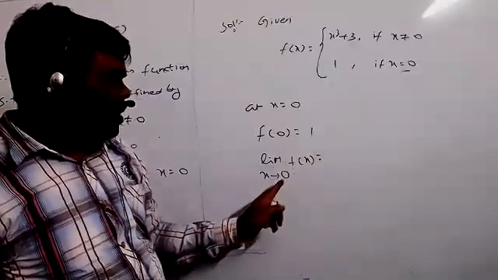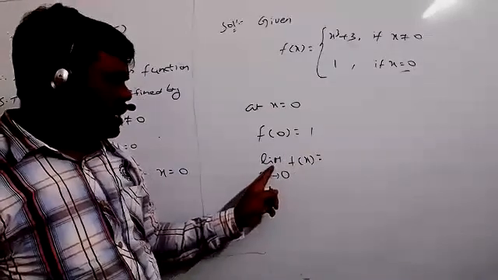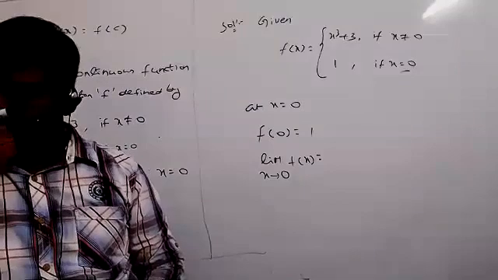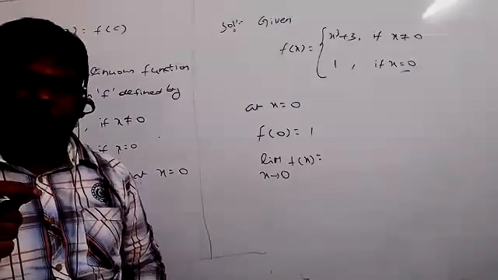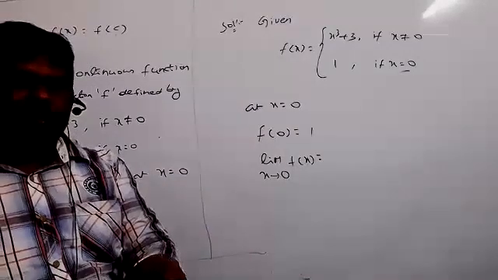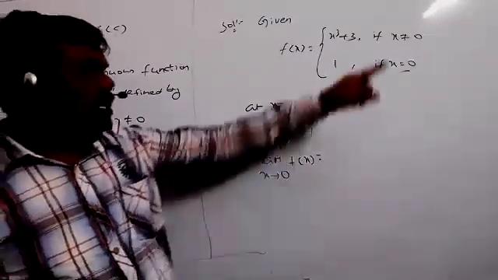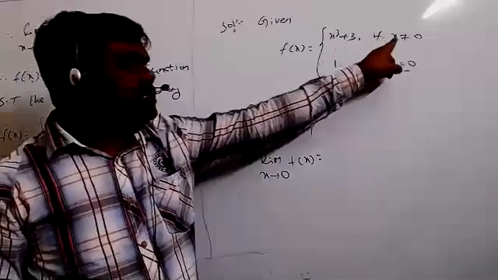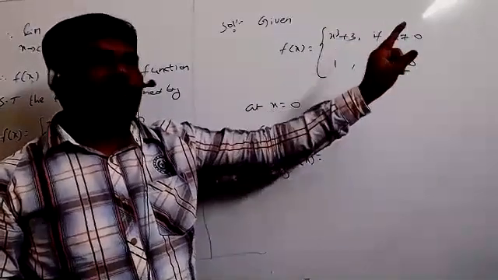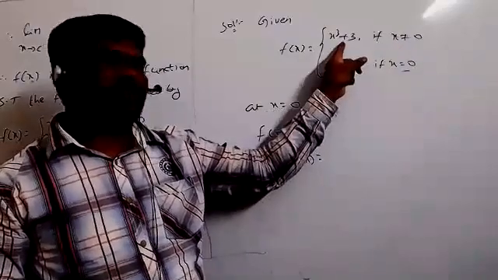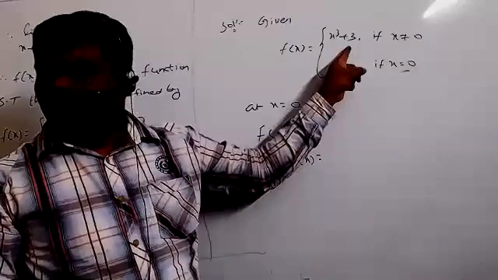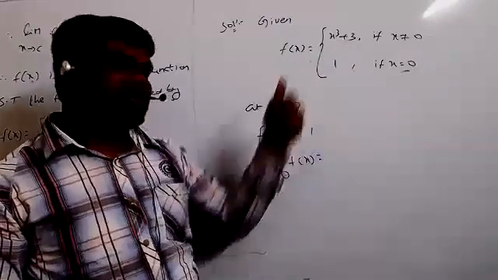But coming to this condition, generally if you take the limit, what is the meaning of limit? LHL and RHL we have to find. But if you take the left hand limit, that means less than 0 also we will get this condition, because x not equal to 0. If x not equal to 0 means maybe x is negative also, we will take this function. Maybe x is positive also, we will take this function. That means one time only you can find the value, it's enough for us.